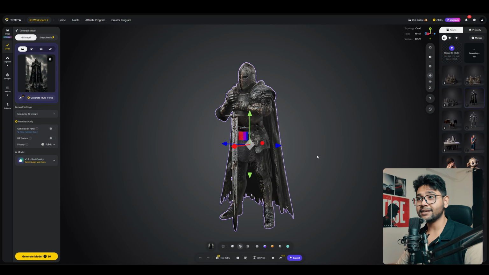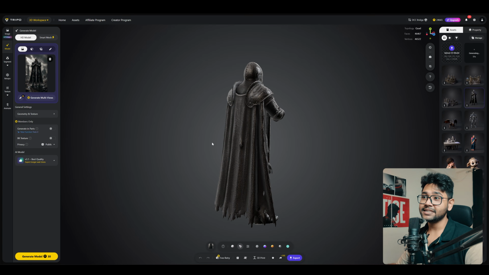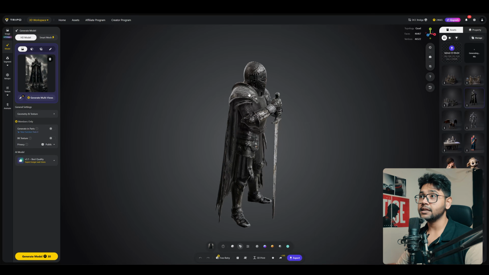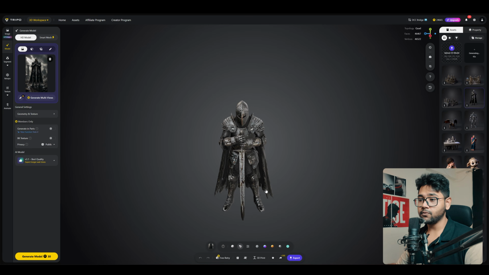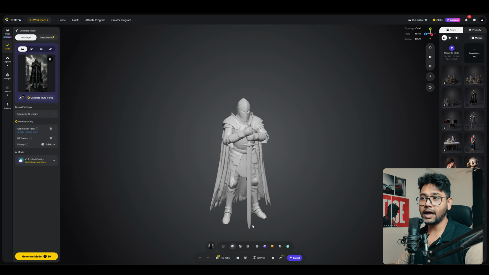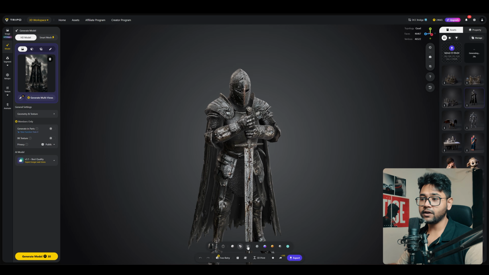And guys, just look at this, you only uploaded the front part of this image and it created the back side of this 3D model. And if you zoom in, you can find the details are stunning. And one more thing, you can simply switch between multiple modes. So this is the solid mode. I already decreased the topology, that's why you can see the segments, but yes, you can smooth it out as well. This is the solid texture mode, and you can find multiple options like flat and smooth. If you just click the smooth option, you can find these multiple options.